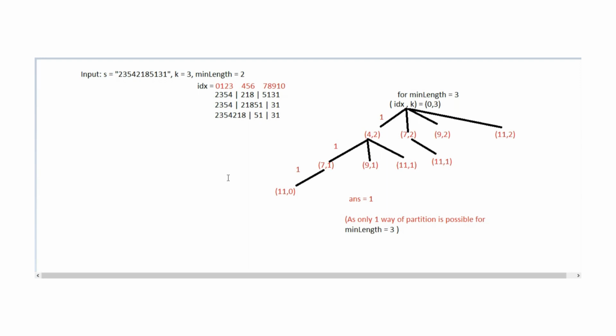So here what we can do is create a table of n plus 1 size, a 2D vector of n plus 1 cross k plus 1 size. As we can see, the only changing parameters are index and k, so we need to create only the 2D matrix, or 2D vector. Whenever we call the function, we will store that value in the dp table, and we will apply the memoization technique and check whether the value we are calculating is already visited or not.